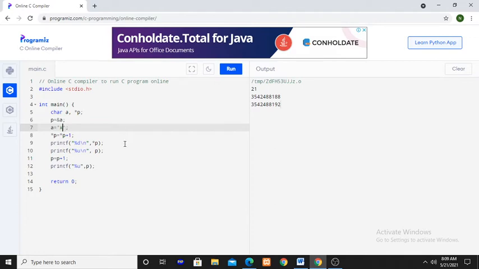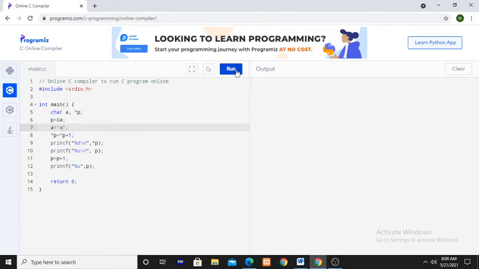say x. Okay, so x is a character; a to z, all the alphabets are characters. Any character you can assign, any digit you can assign, any special character you can assign. Here the value of a is the x character. Now any character has a corresponding binary code, a corresponding decimal value. So here, run this program.